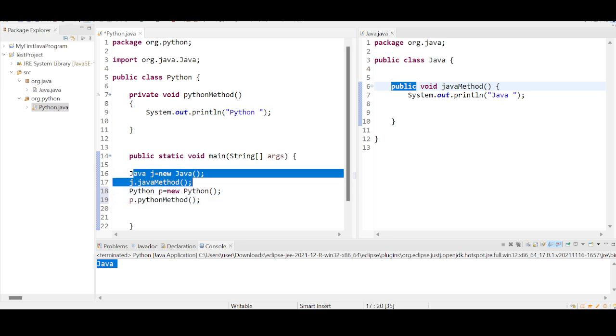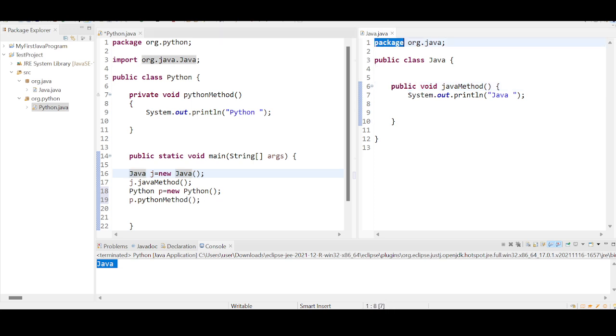But here the case is completely opposite. You are creating an object for a different class and different package. To get access to the package, you use the import keyword. To get access to the class, you create an object. To get access to the private method, you cannot do that, because the private method's scope is not visible to this reference variable, since it is a different class. So that's why I have changed it from private to public. Right, making sense? I will explain this with a small